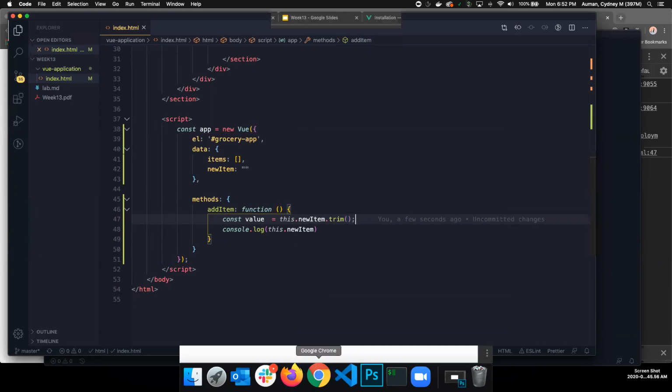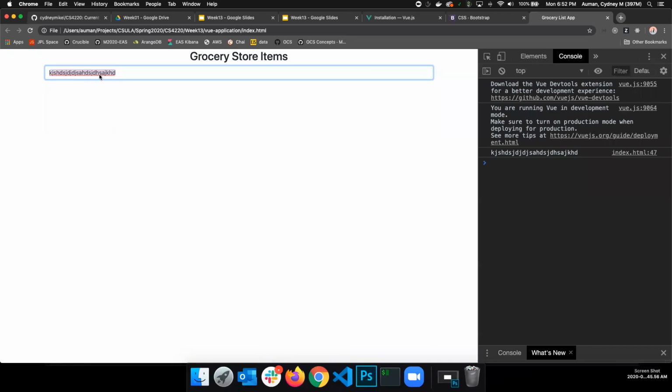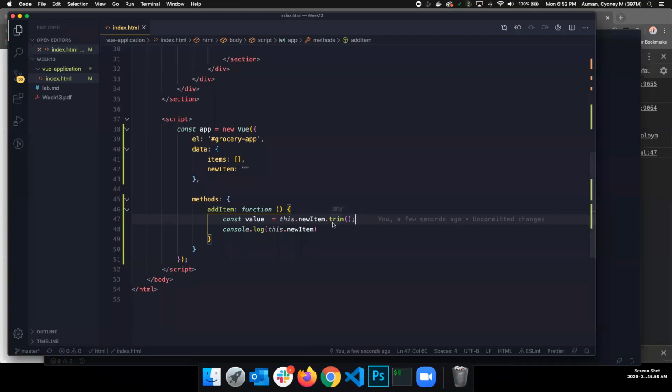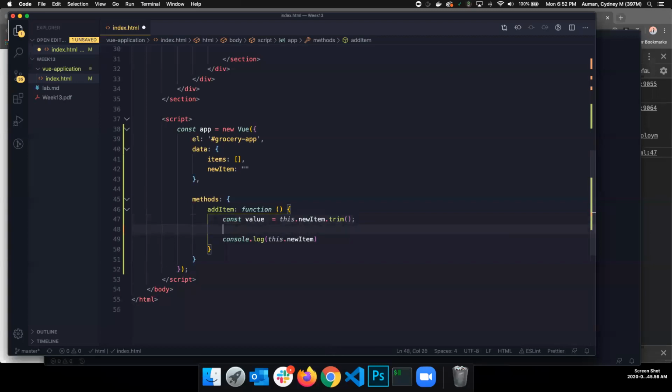Well, that's because again, we have end users here. And if they were to type milk space, space, space, and many more spaces, then that would be what gets into the array, because Vue doesn't make any kind of assumptions to say, like, you don't want 15 spaces on the end of the word milk, right? It doesn't make that assumption at all. So when it comes over here to this particular function, what this new item would actually be would be something like